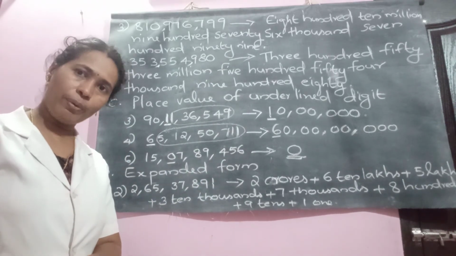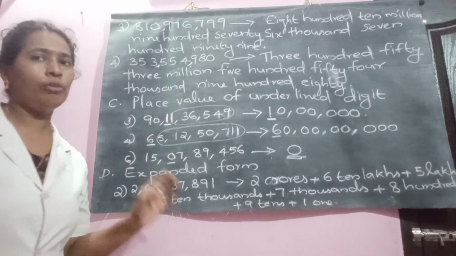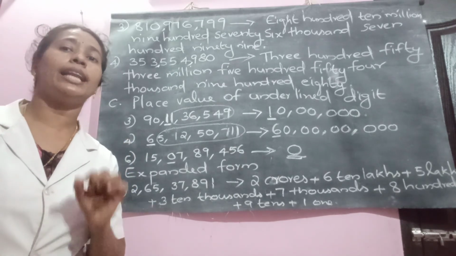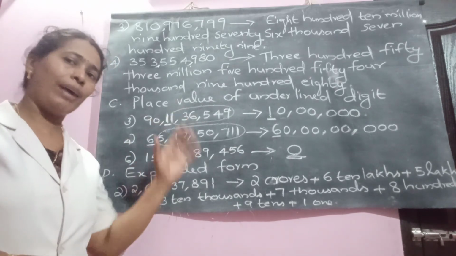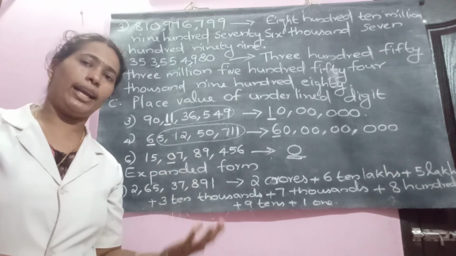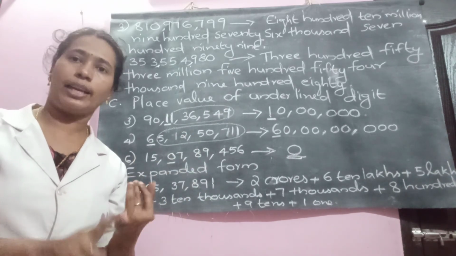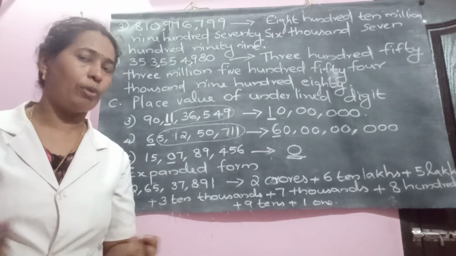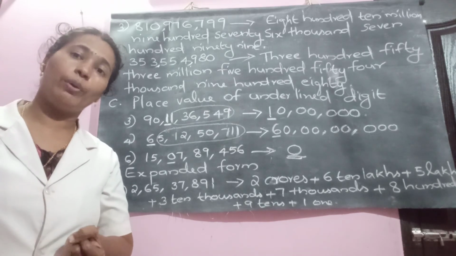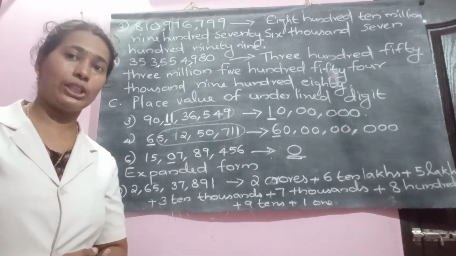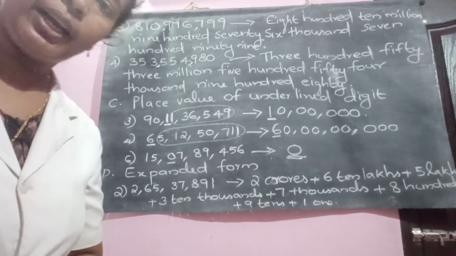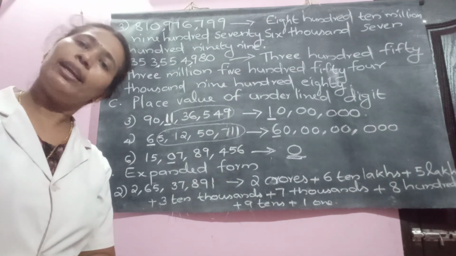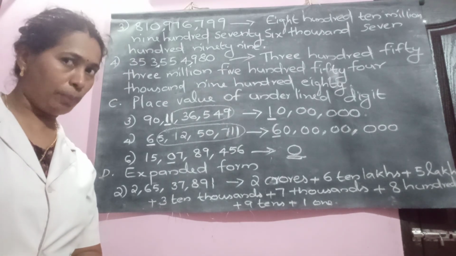Okay. Any other doubt? Is it clear? Go through this one. If possible, answer it in your worksheet itself. Try to keep a sharpened pencil and eraser with you. Okay. So, you have studied throughout this video. You have got an idea how to read and write a number according to the Indian system of numeration, and how to read and write a number according to the international system of numeration. Then the expanded form of a number and also place value of the underlined digits in the given numbers. Okay. Thank you. Follow it properly. Thank you all.